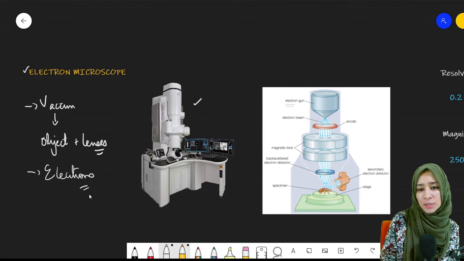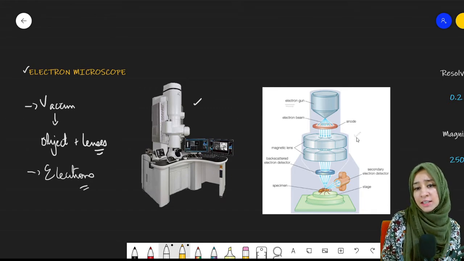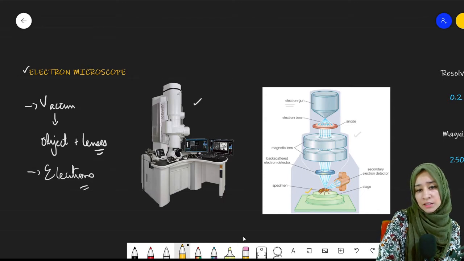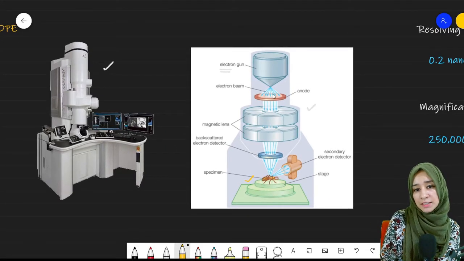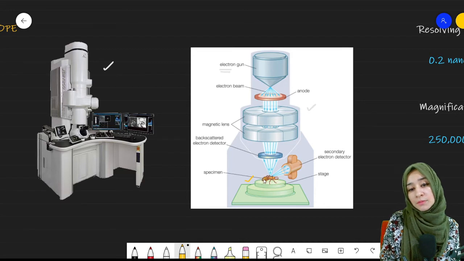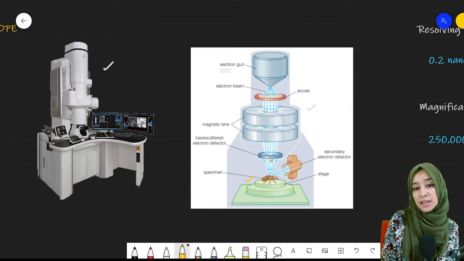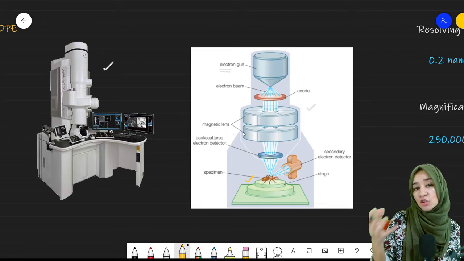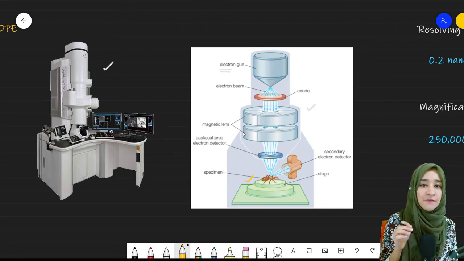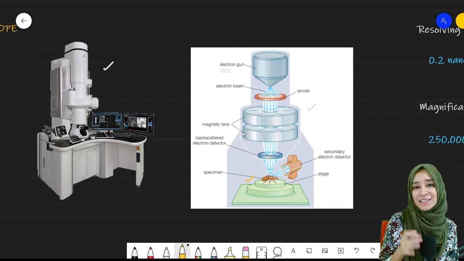Clear? So it consists of electromagnetic lenses. If you can see in the diagram, this is our specimen that is placed in a vacuum, and these are the lenses. The electron beam is either passed through the specimen or reflected from the specimen, and then it goes towards the electromagnetic lenses, which will magnify the image, and that image will then be placed on a picture that will show the magnified image of that object.